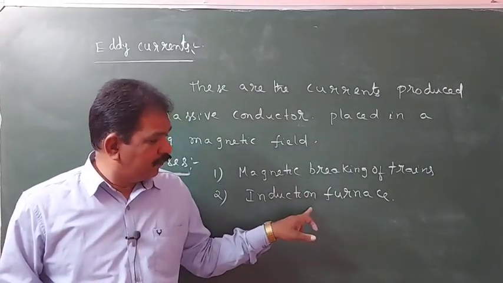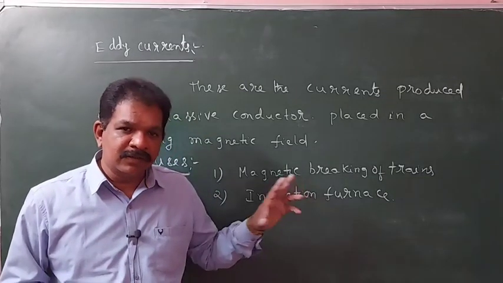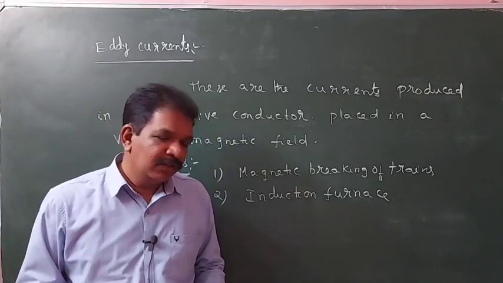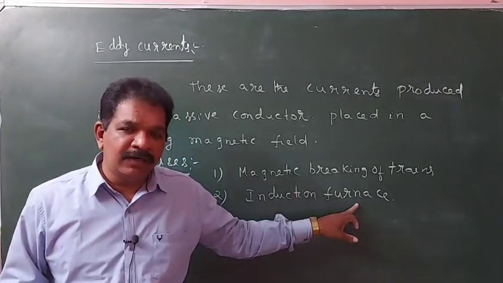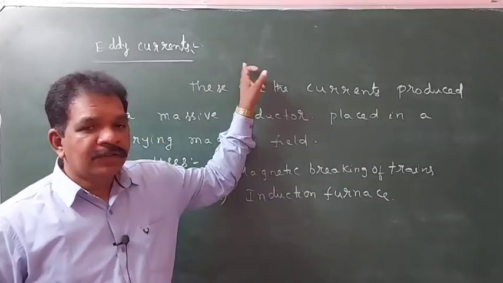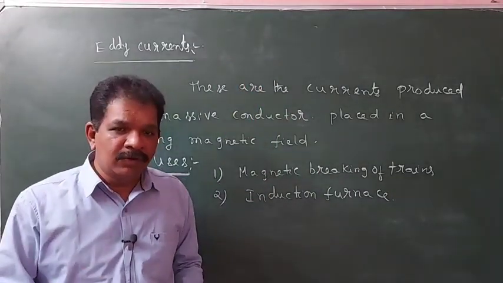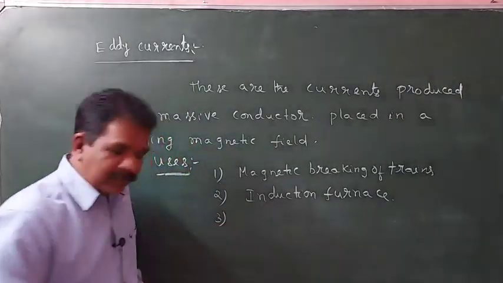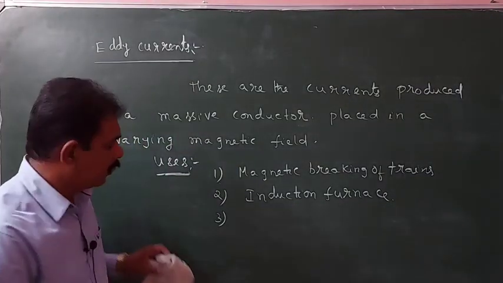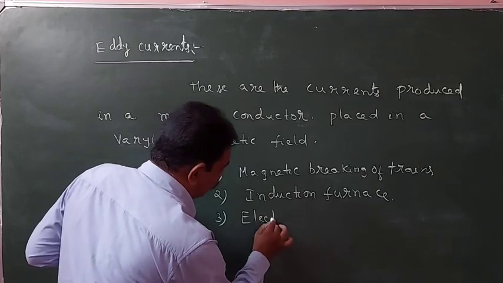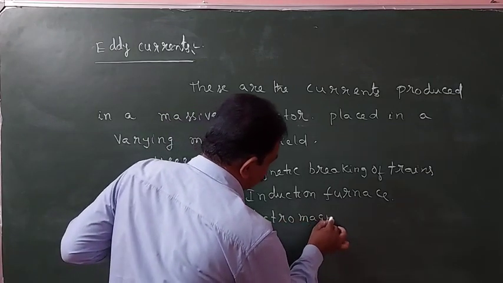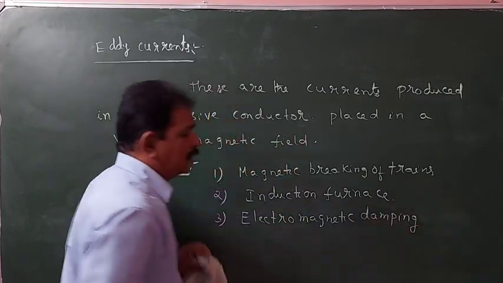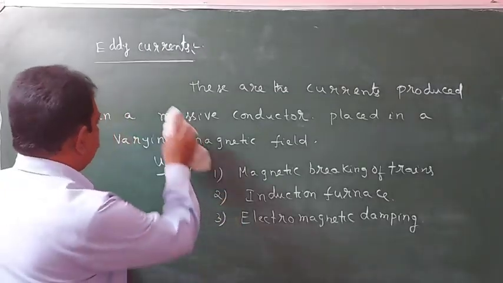So there, if we use the concept of induction, means a time varying magnetic field of high induction, then easily anything will melt. In induction furnaces also, these eddy currents will be helpful to melt the big metal blocks. Next, third one, electromagnetic damping. Electromagnetic damping means